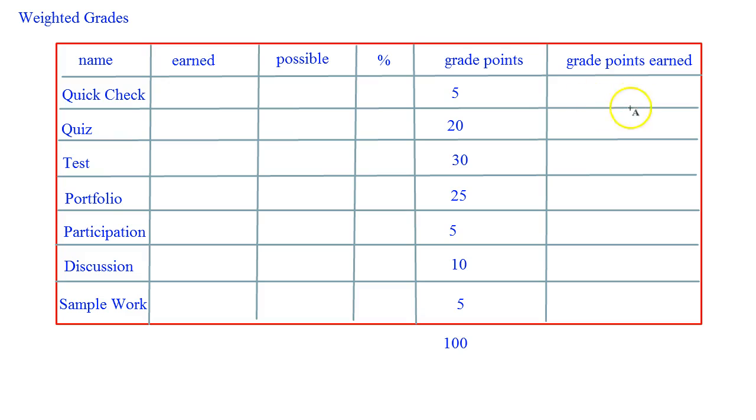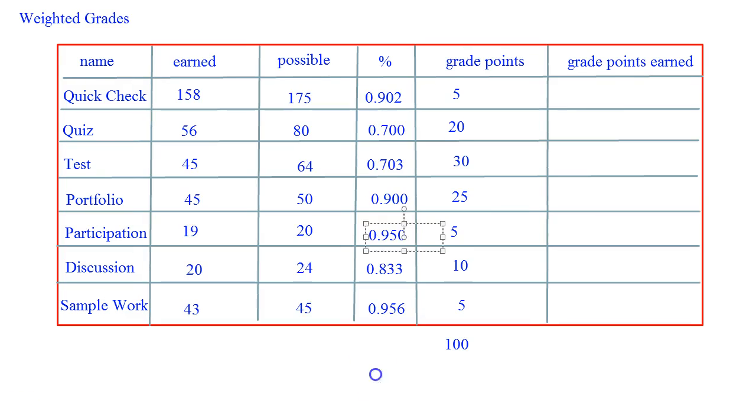So what we're going to be doing is calculating these to find out what the average grade is. I'm going to fill out these hypothetical categories. I'm not going to take up too much of your time. I'm just going to put hypothetical numbers in there, and then we'll go forward from that, and I'll explain it. Okay, so here's all the numbers in here. So quick check, they earned 158 out of 175. Which translates to